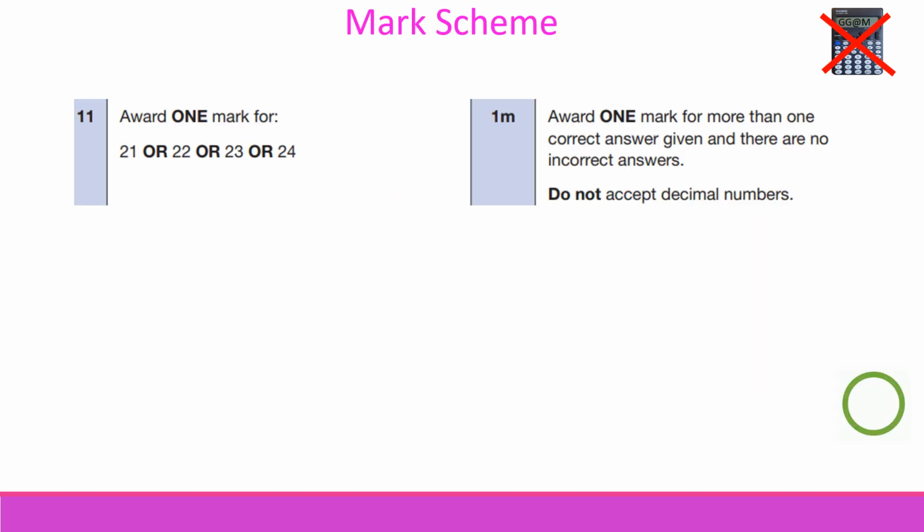The mark scheme on this question shows the answer could be 21, 22, 23 or 24. So any one of those answers would give you 1 mark. 1M means 1 mark. So any one of these answers here is correct. It doesn't matter which one of these numbers you wrote down, you will get the answer correct. Just say do not accept decimals because it did say a whole number, so make sure you choose any one